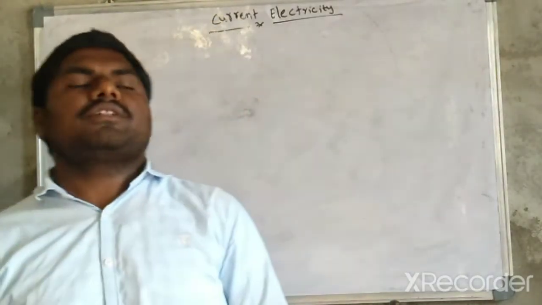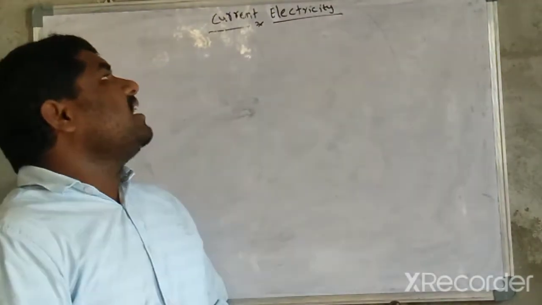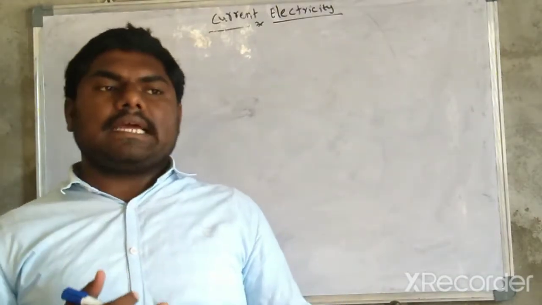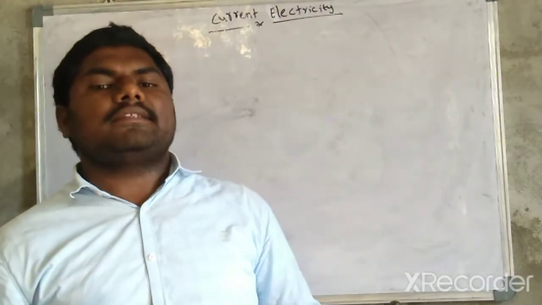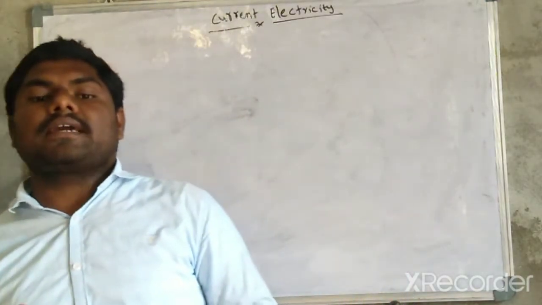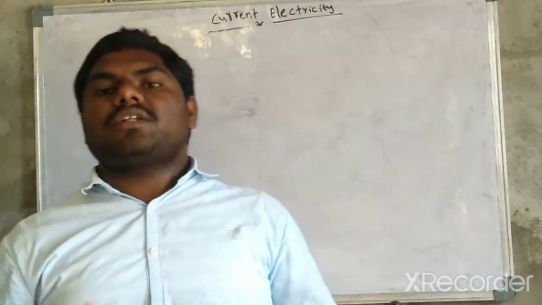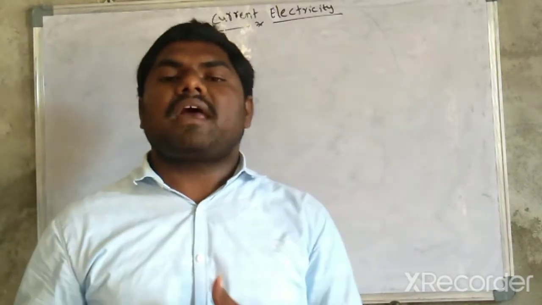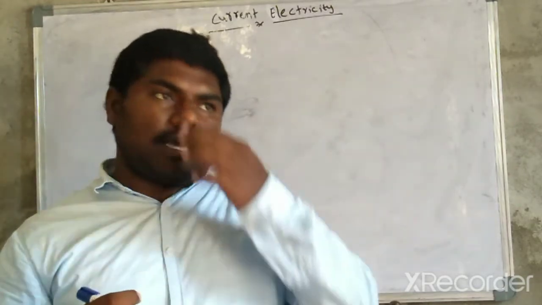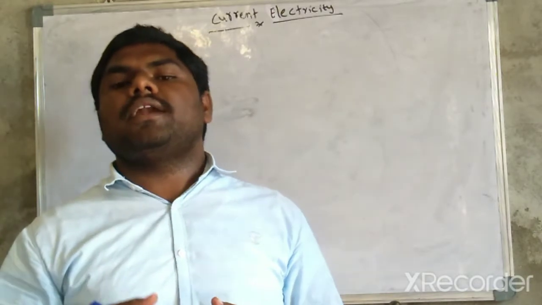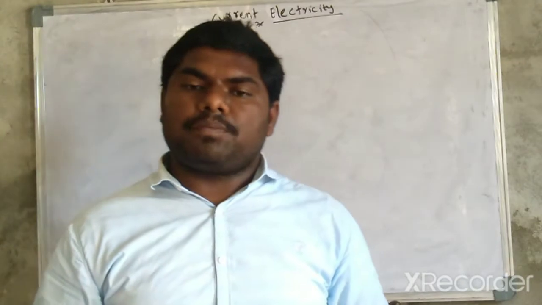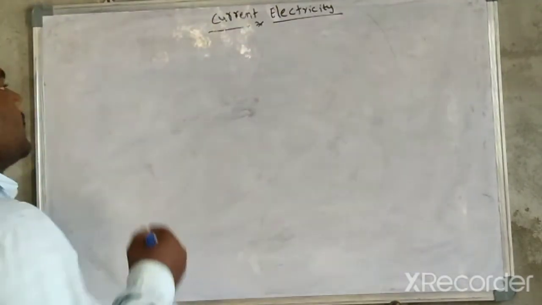Here today we are going to discuss a new chapter, current electricity. In this chapter we are going to discuss what is meant by electric current, current density and drift velocity, and the relation between drift velocity and current density, and Ohm's law, circuit analysis, series and parallel combination. The analysis covers the different types of Wheatstone bridge and meter bridge, and so on. We will discuss these in this chapter. First of all, electric current.